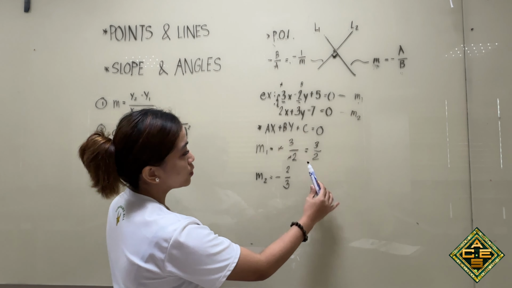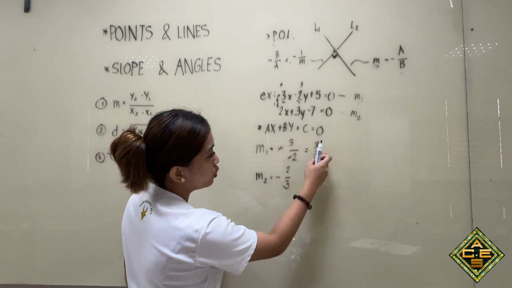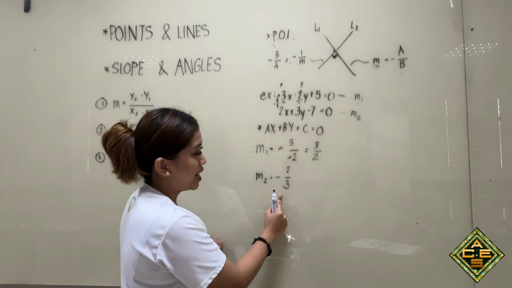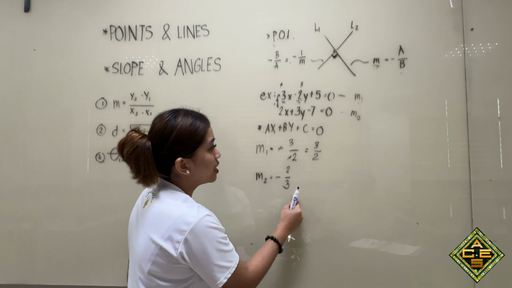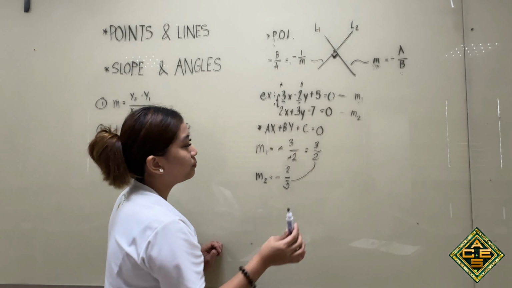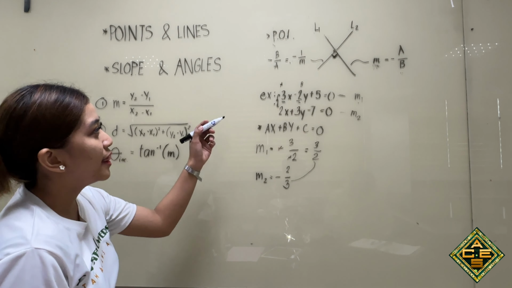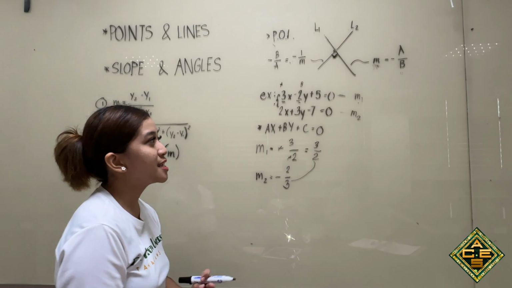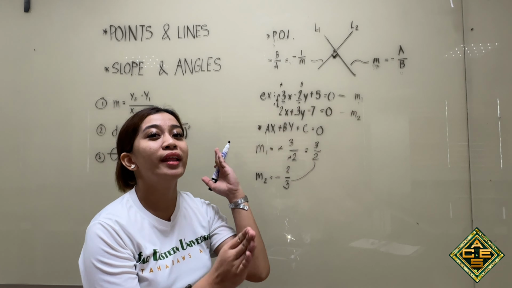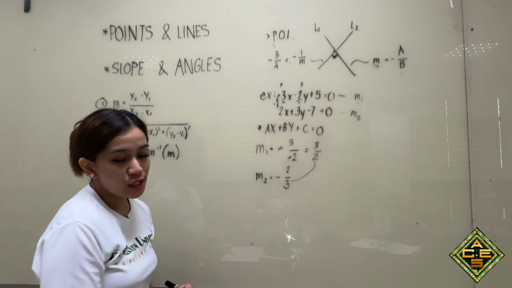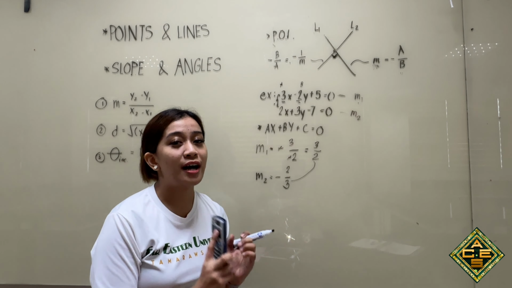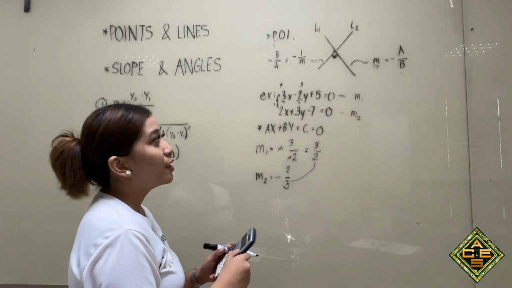So ito, yung slope ng unang equation natin is 3 over 2, and yung slope ng pangalawang line natin na nag-intersect is negative 2 over 3. So it's the negative reciprocal of the 3 over 2. So now we'll get their point of intersection since napatunayan na natin na sila ay perpendicular to each other, so they intersected. So for the point of intersection, we can simply use the function of our calculator by using the